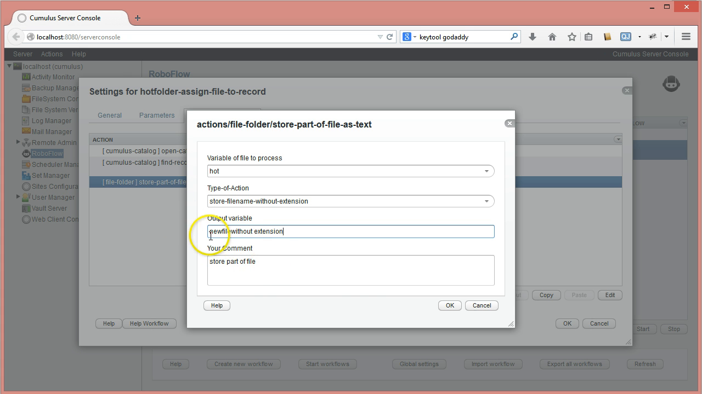Store the file name without extension, so I can say new file without extension. You can put spaces in here, but it's more readable with dashes. Store part of file. So I do recommend